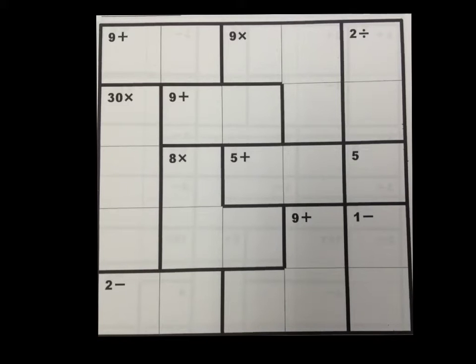Welcome to KenKens. These are my absolute favorite brain teaser and a nice way to challenge your brain as you're done with quizzes, done with tests in the morning right away. This is a good activity to challenge your brain with a little bit of a puzzle. How this works is you have columns that have 5 cells in each, and you have rows that have